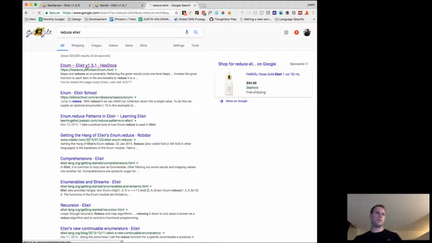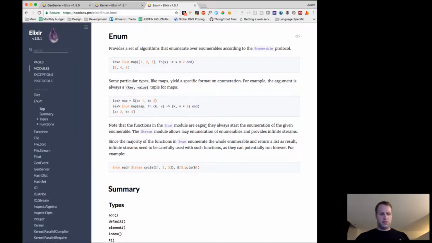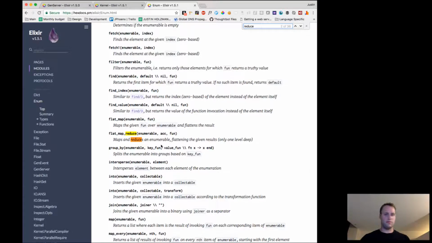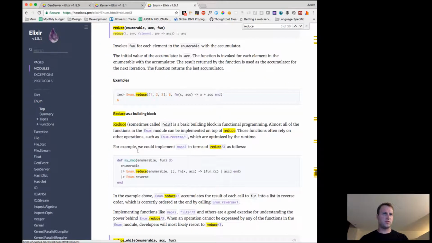Reduce Elixir, so we're going back into enum. That's how you did it. Let's look at that example again. Nope, this one. Nope, this one. Yeah. So this is probably